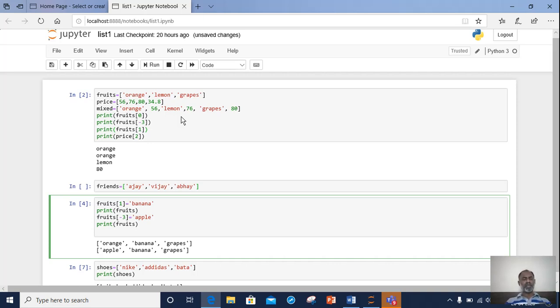Your list might contain hundreds and thousands of items. So if you want to display one particular item, you have to refer to it with that particular index number. We have done that here: print fruits[0], print fruits[-3]. And after that, what have we learned? We have learned to store values or to change values in the existing list.